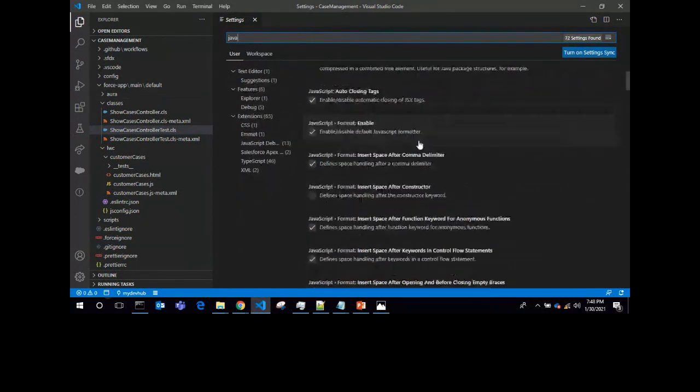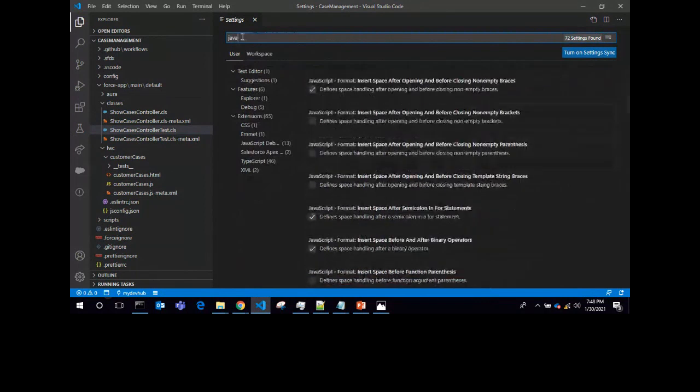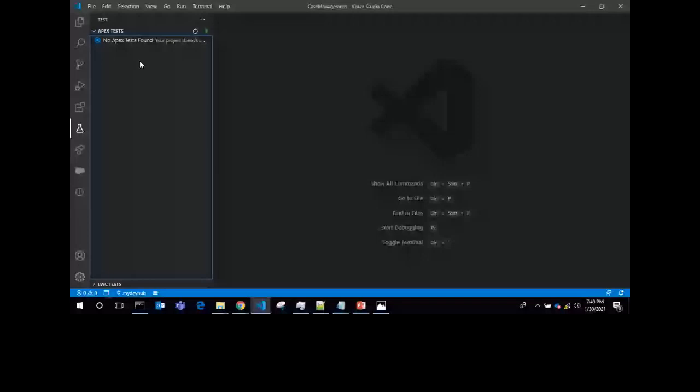I have already mentioned the JDK path here, when I installed Java JDK version 1.8.0. I would like to request you to please set up this path in Visual Studio Code settings, because otherwise, if you run the Apex test runner in Visual Studio Code, you will not be able to see the tests. Currently, I am not able to see any Apex test methods because till now I have not written any Apex test method for my project.